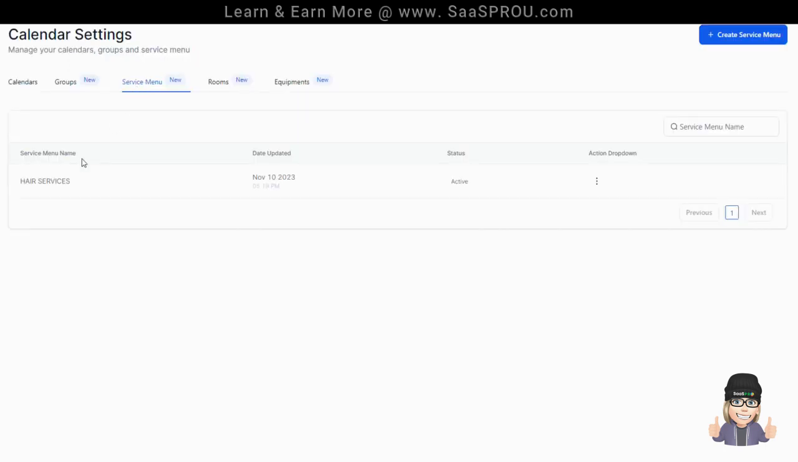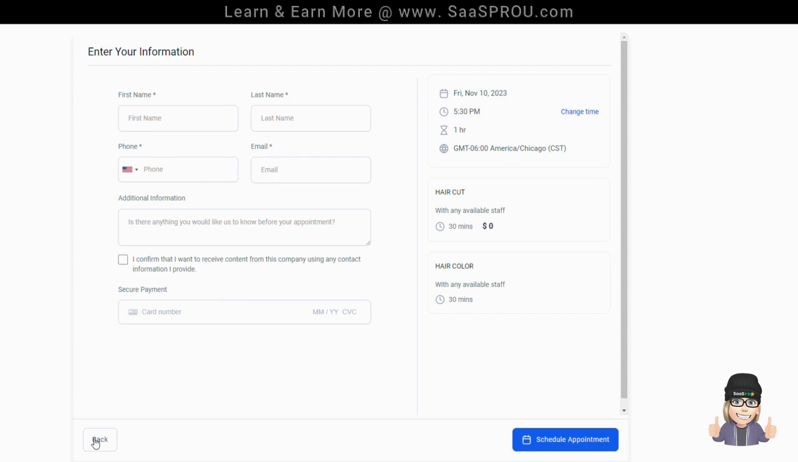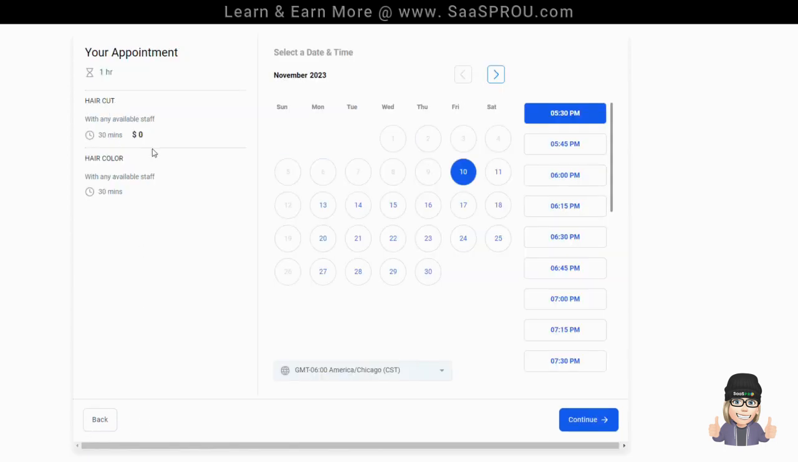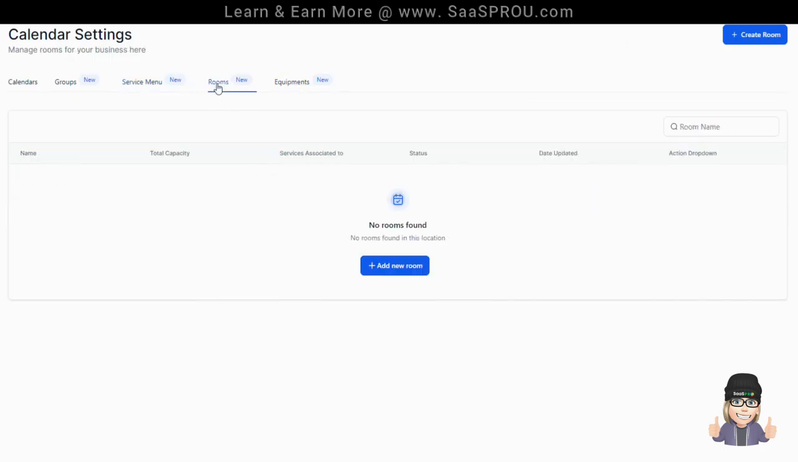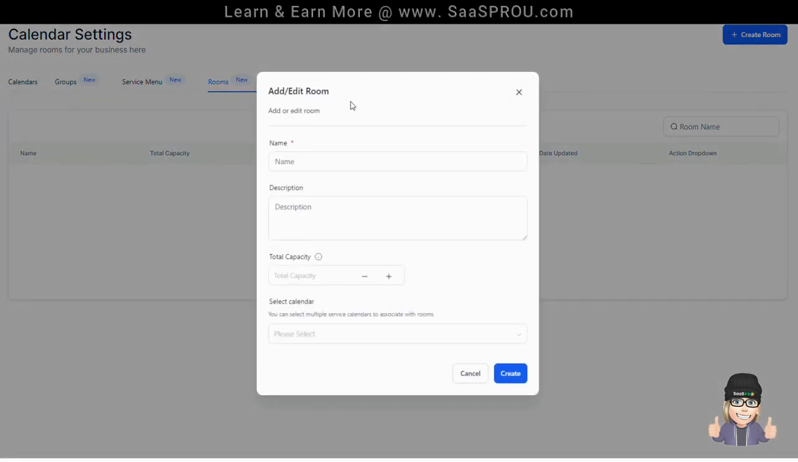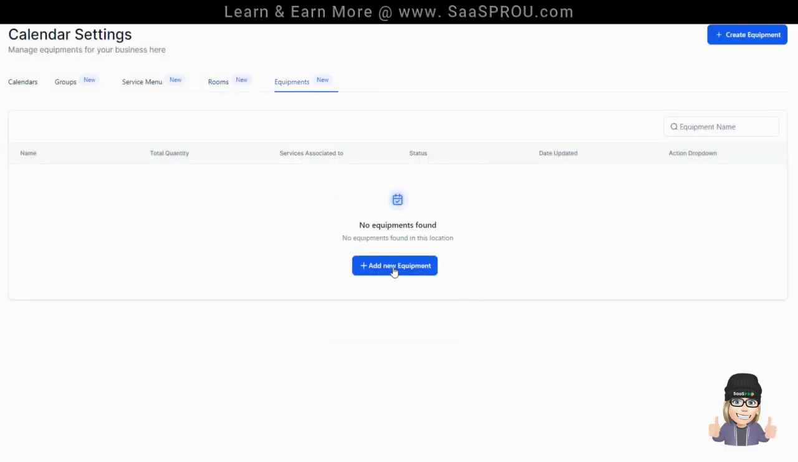So when you're using the service menu, it allows you to really extend those and upsell and have other services booked as well. So adding that service menu is a great thing to be able to do. Along with the service menu, you can also add rooms and equipment. So if you were doing an appointment and you had a specific room that was rented for a specific capacity, you could do that. Then you could select the calendar for the room,